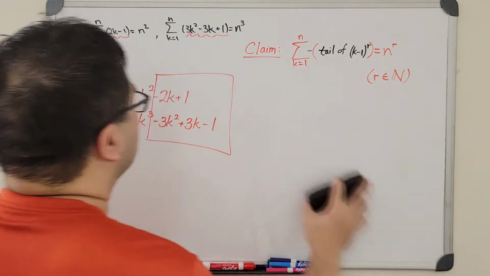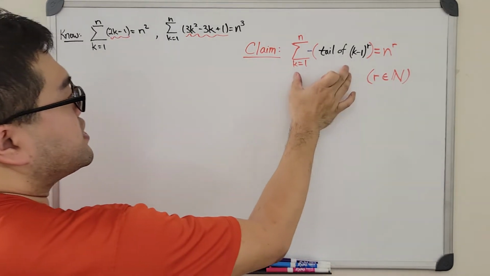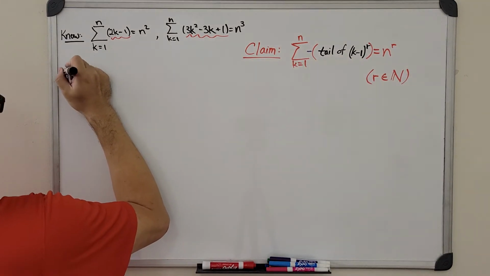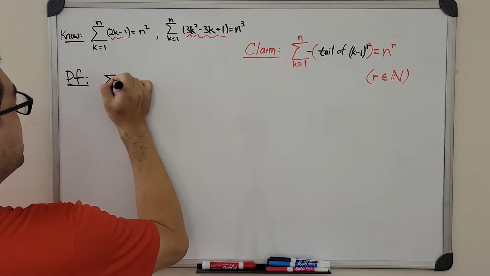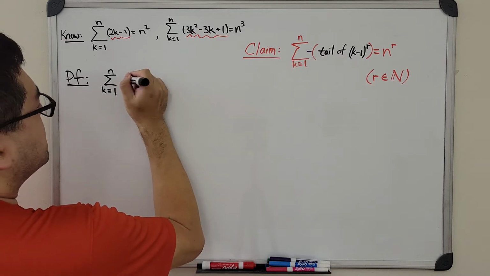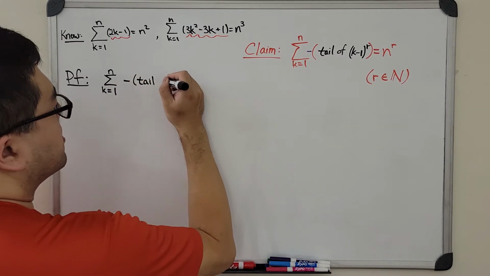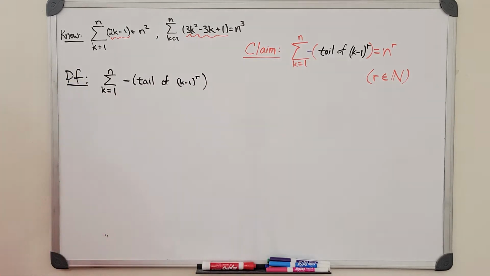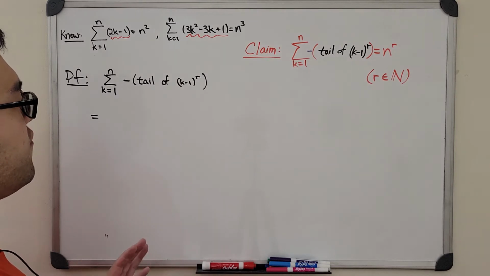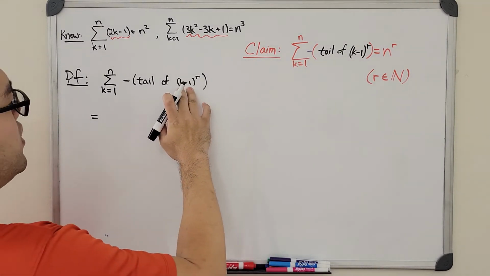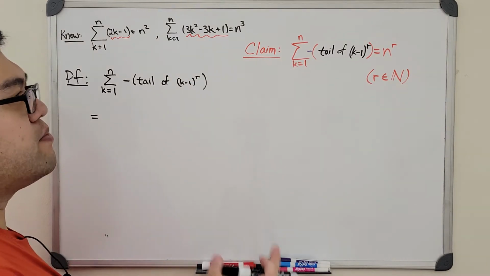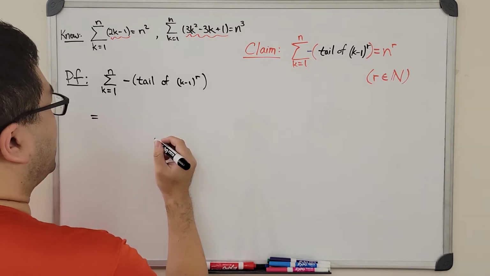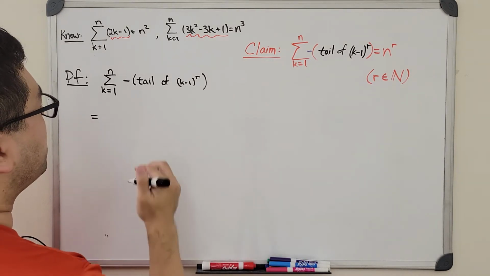Here's what we are going to do. We're going to use this idea to derive the right hand side. So here is the proof. We're saying that the sum of the negative version of the tail part of k minus 1 to the alpha power is in fact just the negative version of what we have seen here. The tail part of k minus 1 is everything except the leading term, which is k to the alpha power. So we can just try to add k to the alpha power into our expression,